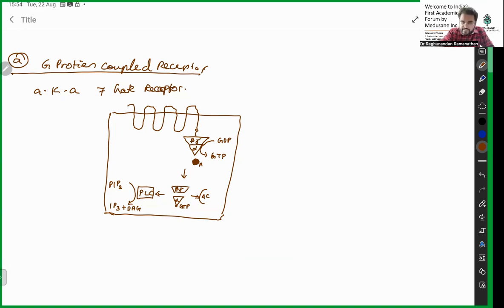ஓகேவா? adenyl cyclase என்ன பண்ணுது அப்படின்னு பார்த்தோம்னா, it is going to convert your ATP into cyclic AMP. ATP cyclic AMP convert பண்ணுது. இந்த மெக்கானிசமையும் நம்ம எப்படி நேம் பண்றோம்னா GQ அப்படின்னு நேம் பண்றோம். இது வந்து GQ. அதே இது வந்து பாத்தீங்கன்னா இந்த cyclic AMP ஆக்டிவேஷன் இருக்குல்ல, it can actually give 2 important.